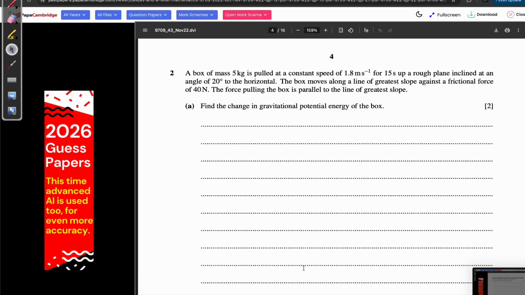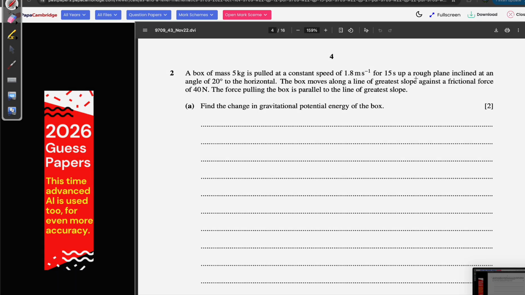A box of mass 5 kilograms is pulled at a constant speed of 1.8 meters per second for 15 seconds up a rough plane inclined at an angle of 20 degrees to the horizontal. The box moves along a line of the greatest slope against a frictional force of 40 newtons. The force pulling the box is parallel to the line of the greatest slope. Find the change in gravitational potential energy. Look, here it's kind of confusing, but here they said